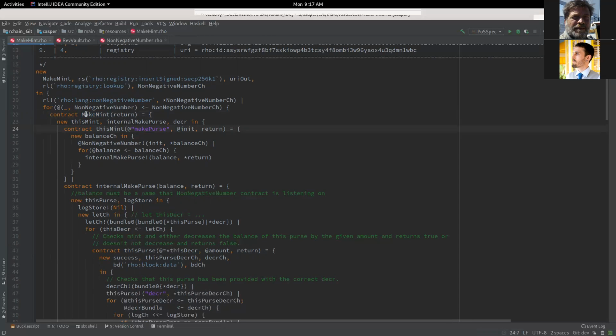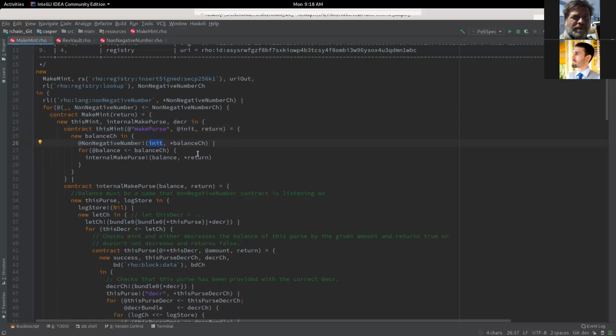So basically, what we're going to do is provide some return channel, right? We call MakeMint on some channel, some name. And then what it's going to do for us is create three unforgeable names, also this Decker function. And what these names correspond to is, this guy corresponds to some contract that gives us the ability to make purses. And so, okay, what I said before wasn't totally wrong. It was just not convoluted enough, because what the make purse thing does is just call this non-negative number contract and do this